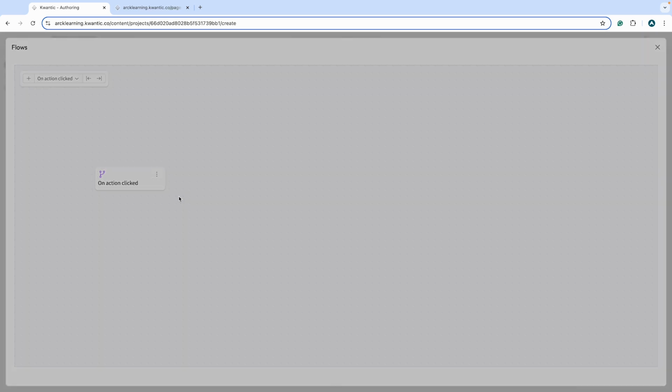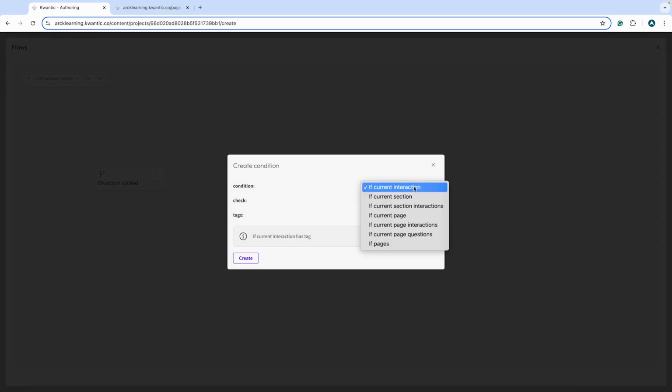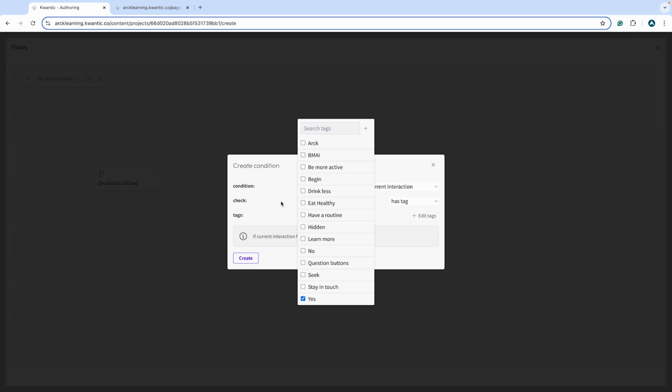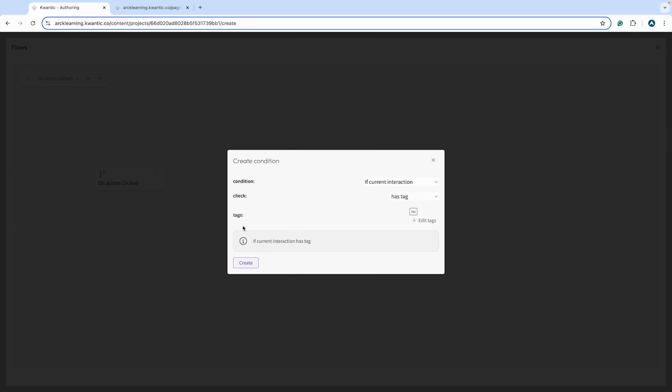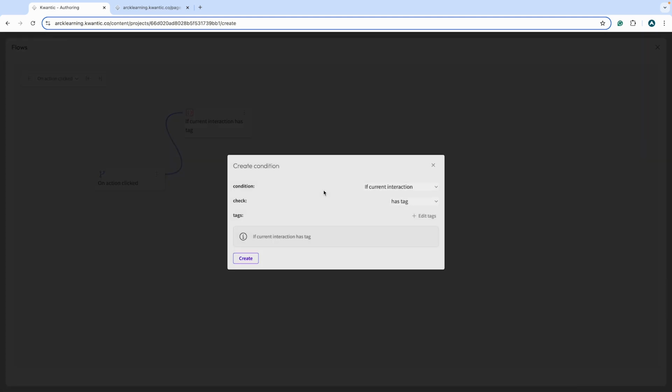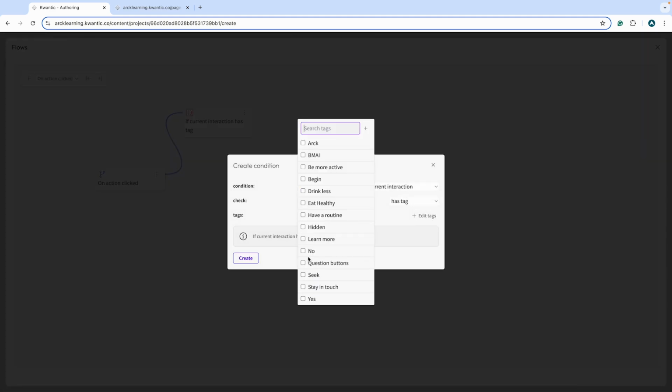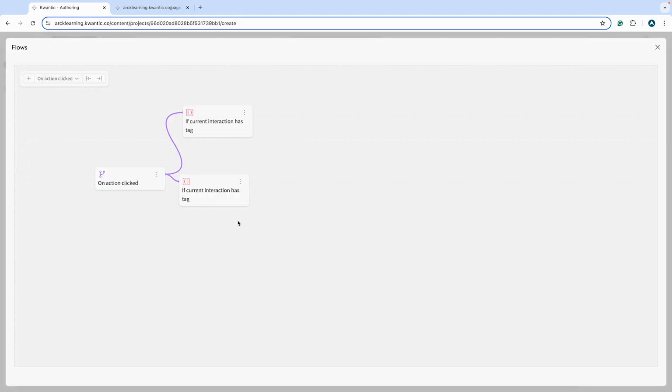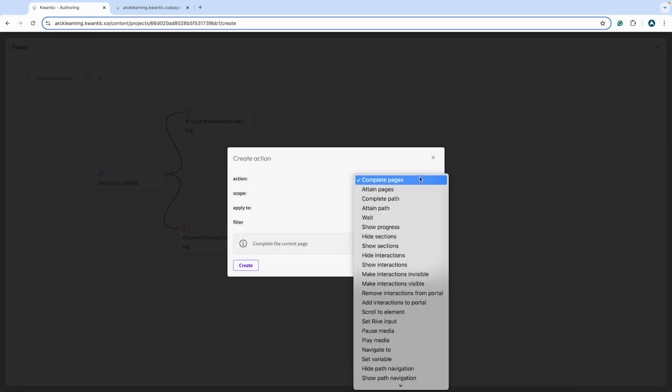So I'm going to create a condition. On action clicked, if the current interaction has the tag yes, and click create there. Again, you can't copy and paste these ones, unfortunately, so I'll just have to add another one. So no, and that comes from there. So if the current interaction has the tag yes, I want it to set my Rive input